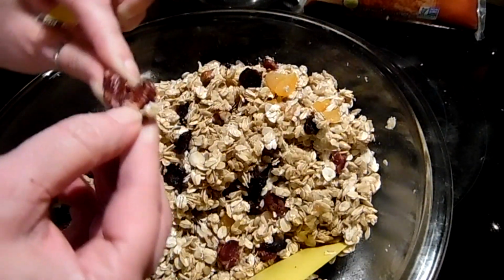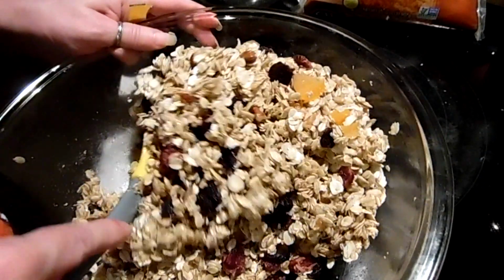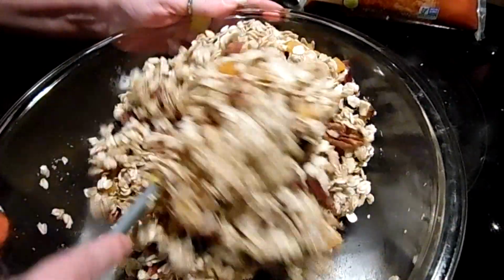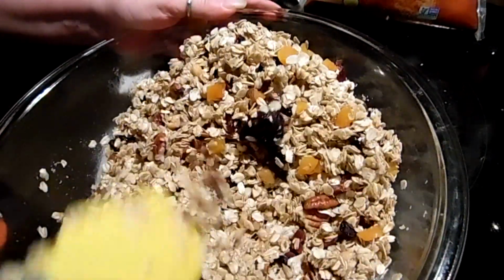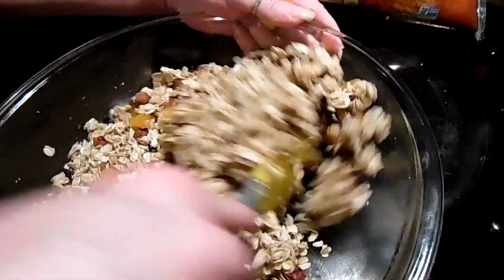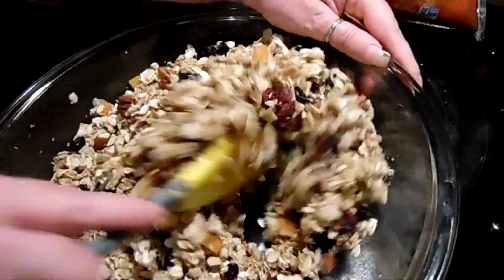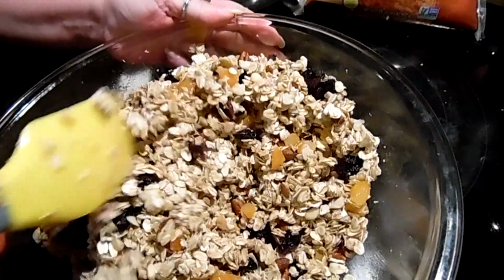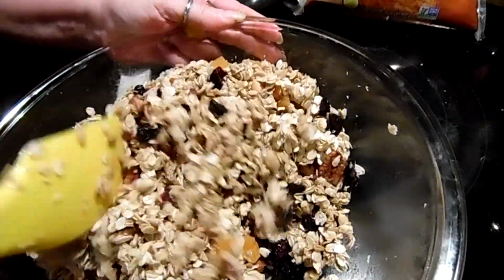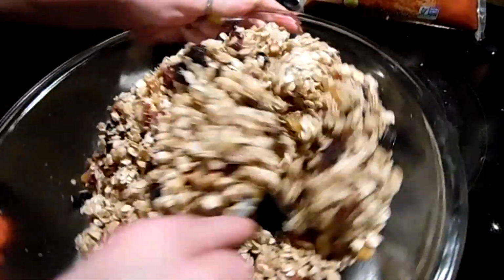It's a clump of cherries there. You just want to make sure that that oatmeal is really mixed into the honey and sugar, because that's what's going to make it all stick together, because this will come out like a bark. You'll want to preheat your oven to